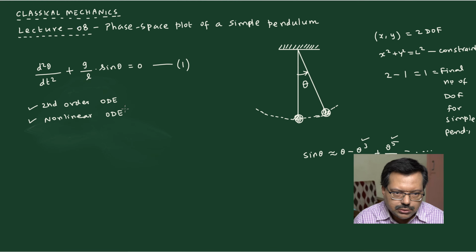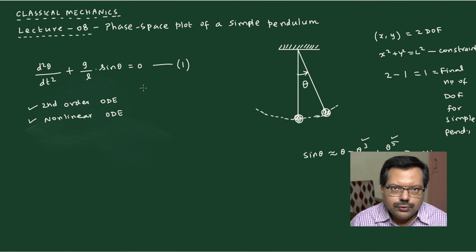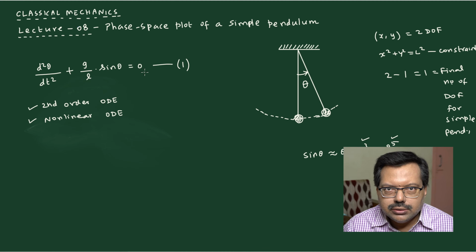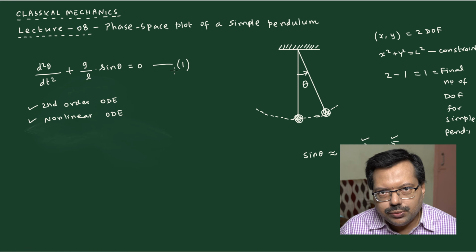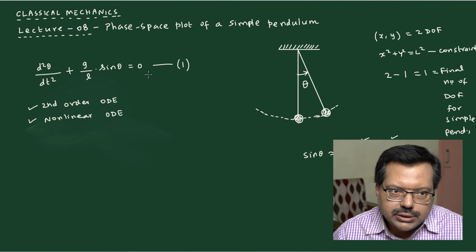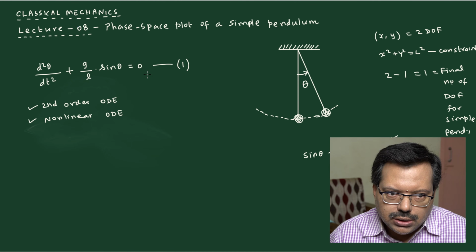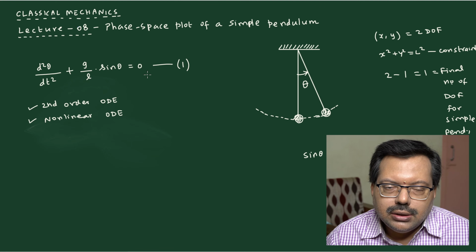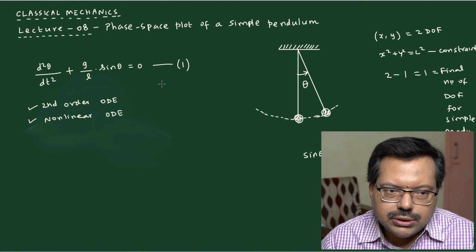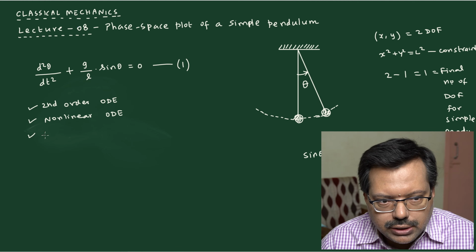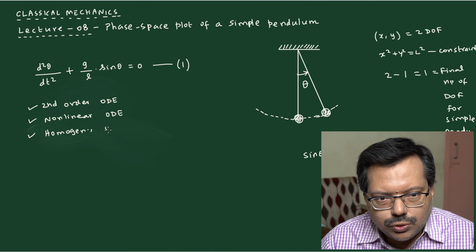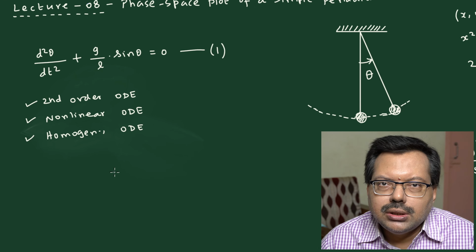ordinary differential equation. And it doesn't have a forcing term on the right hand side, and therefore this is a homogeneous differential equation. If the right hand side of equation number 1 is not 0, or if any other term is present in the system which is independent of theta, then we say that the equation is an inhomogeneous differential equation. So right now such terms are not there, and therefore this is a homogeneous ordinary differential equation. And that's all.